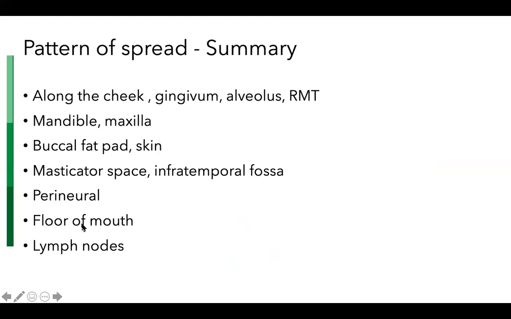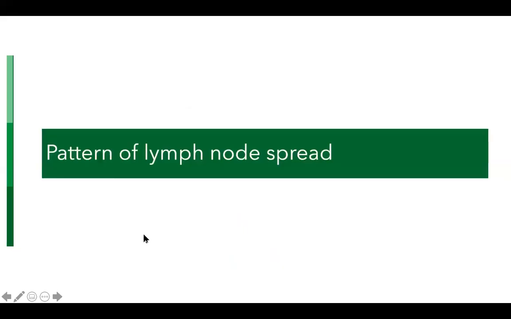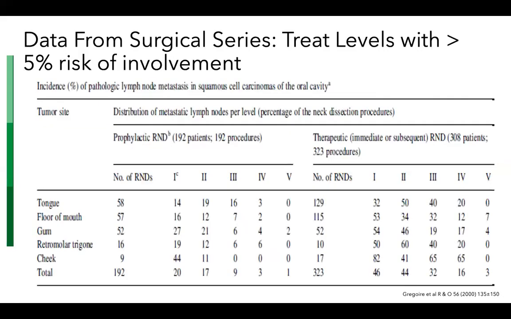Whenever the mandible is involved, we need to be aware of the involvement of the floor of the mouth. Similarly, also of the hard palate and lymph nodes. So, naturally, as for all head and neck cancers, we would like to know the pattern of lymph node spread. Typically, these tumors do not involve the level 5 nodes or even level 4 nodes if they are N0. So if clinically they are N0, then they are likely to involve only level 1, 2, and 3.